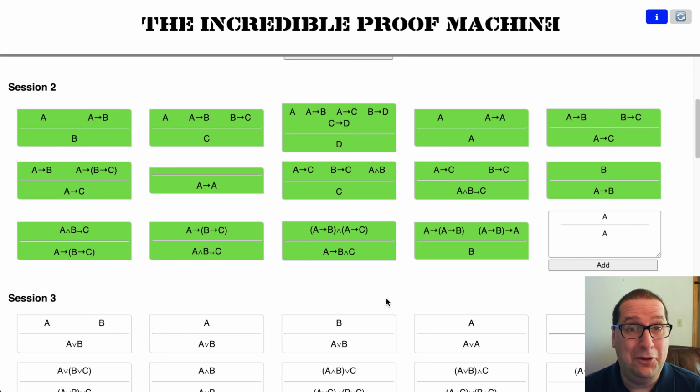I think that took a lot longer than I thought it was. The difficulty ramps up pretty quickly. So we are going to continue. I think I have more in me. I'm going to see if I can go on and do session 3. I'm going to do that, though, in the next